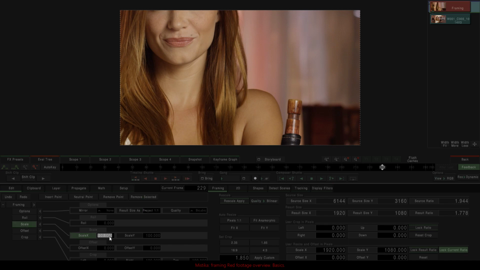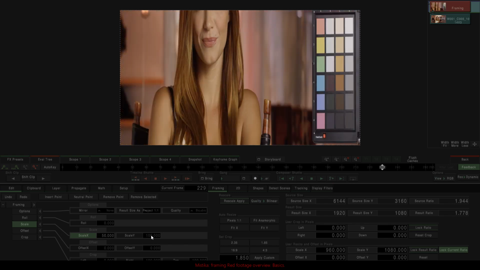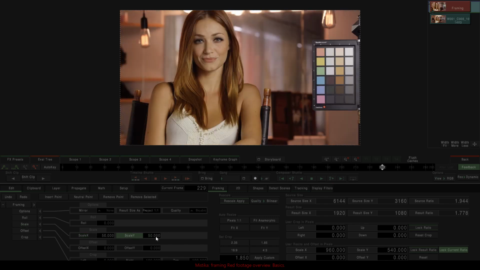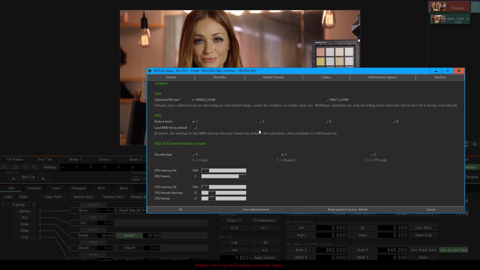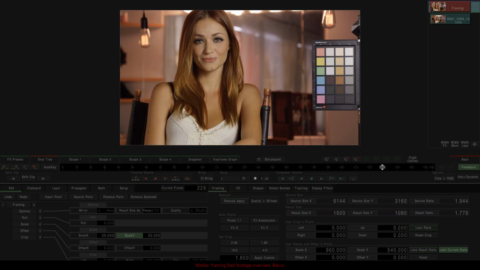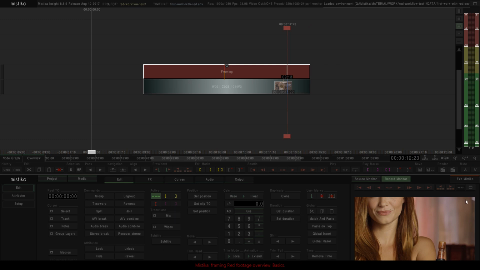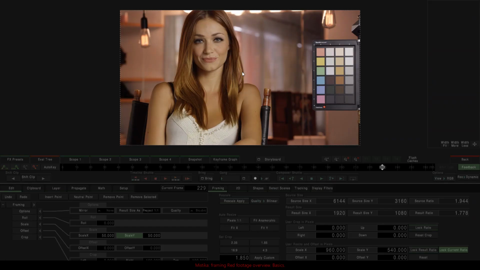That would be equivalent, now I'm reducing from the full res, I'm reducing to 50. And this is exactly the image I would obtain if previously I would have chosen a half reduce factor of my RED material at a setup level. And this image is the one I would actually see in the record monitor before using the framing tool.